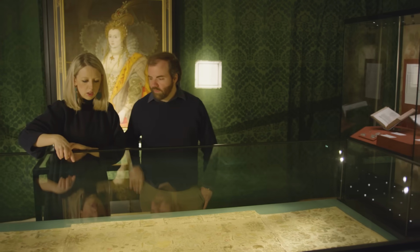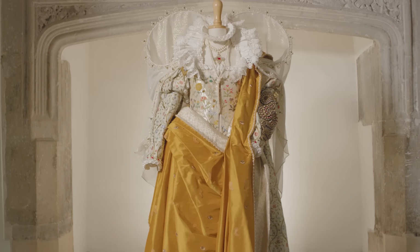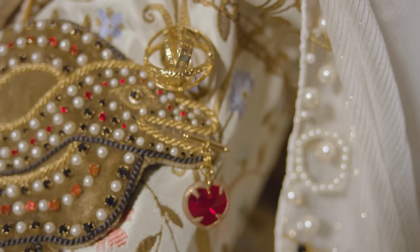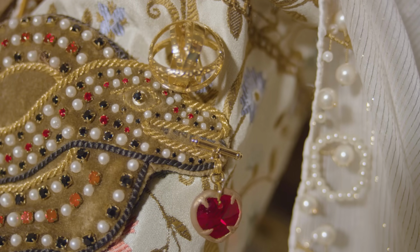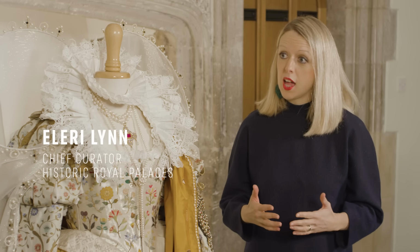Throughout history, aristocratic women have spent large parts of their time making and embellishing beautiful textiles. I'm speaking to Eleri Lynn to learn more about embroidery in the Elizabethan court. So Eleri, can you tell us a little bit about the importance of embroidery at court? Yes, absolutely. It was a very important part of a noblewoman's education and a very genteel pastime for the women